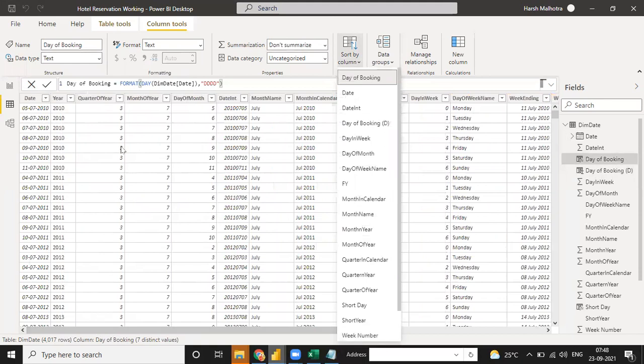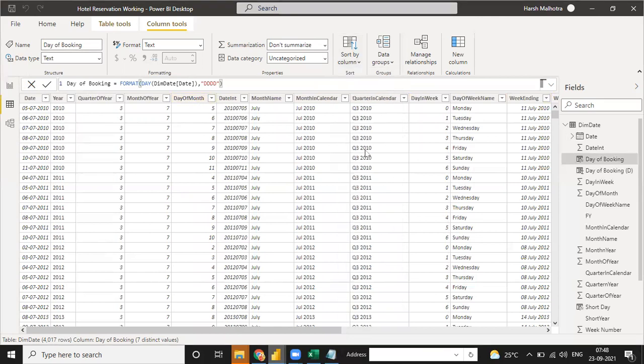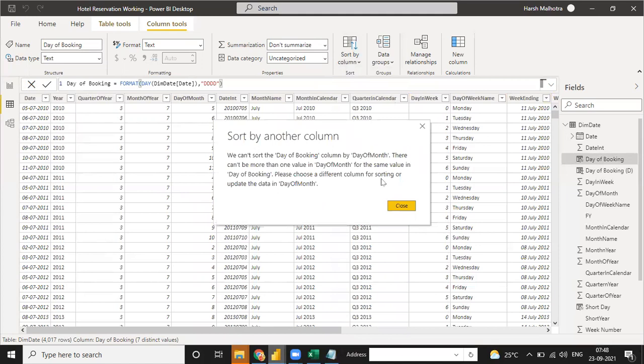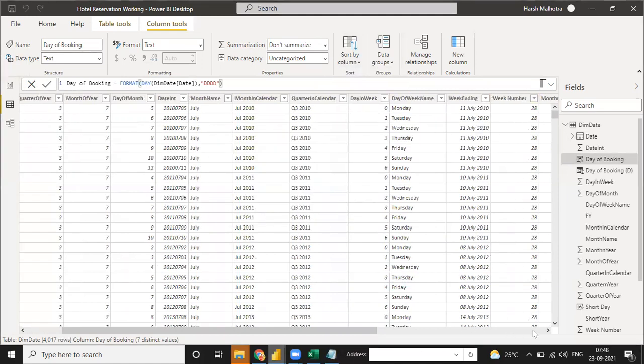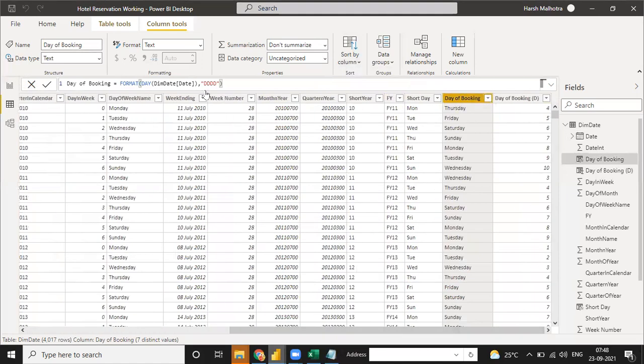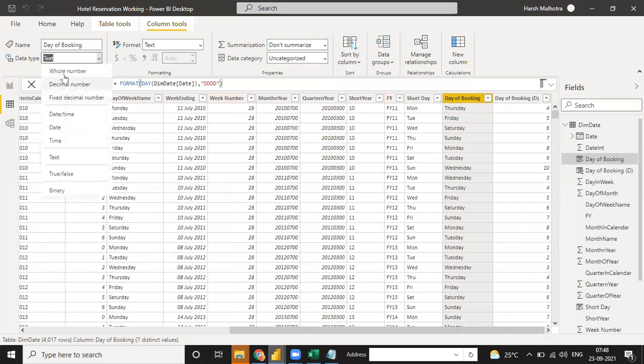Let me just go to this 5, 6, 7, 8, 9, 10, 11, year, quarter, month, day, 5. Okay, this one is also day of the month. So day of the month. Just check what is the option, like day of booking, text format.